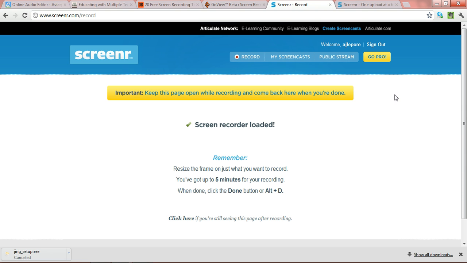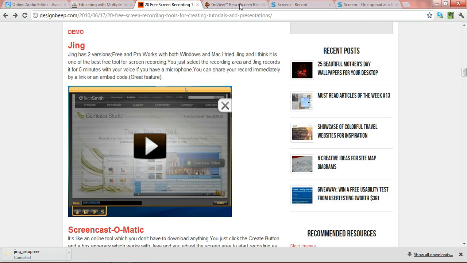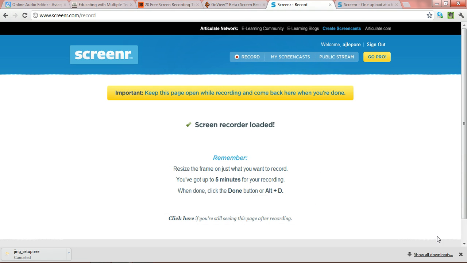So you just go to this website, you sign up, and you get 5 minutes of recording time, as you can see here on my screen. And what it does is it gives you a little reframe thing, and you can pick what part of the screen you want or not. And then as you move around, anything that goes into that part of the screen, like I selected everything except for my toolbar in Windows, and then you can record and talk, and then at the end you can then publish this, and then there's for example a public stream that you can go to,